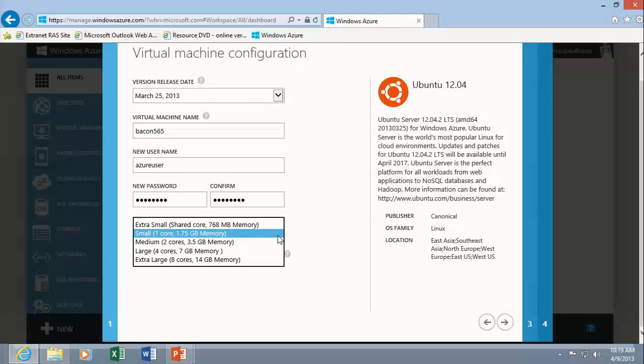And then we'll choose which size machine we'd like. Now, a couple of things. First, the password. The username you can change, obviously, I didn't. The password, you probably want a strong password. A lot of the times at Microsoft, we do demos and we use